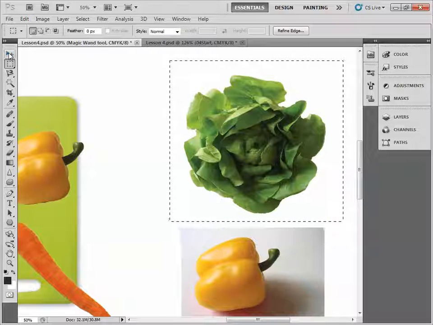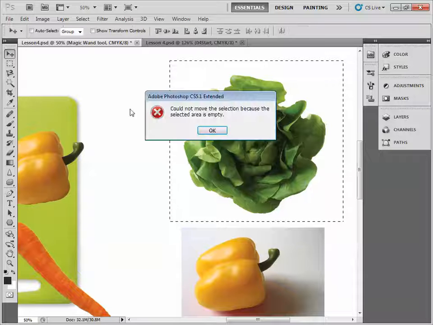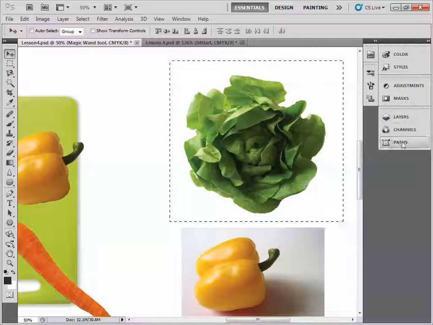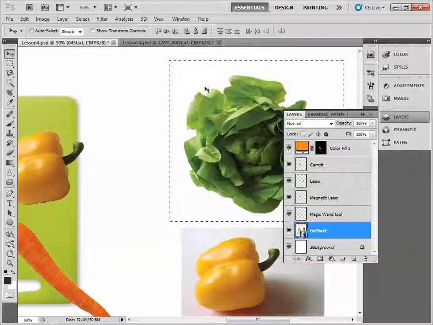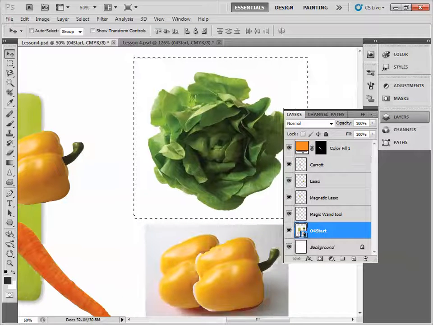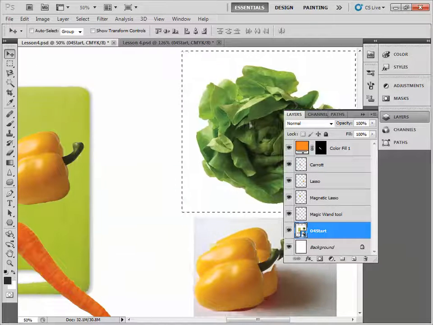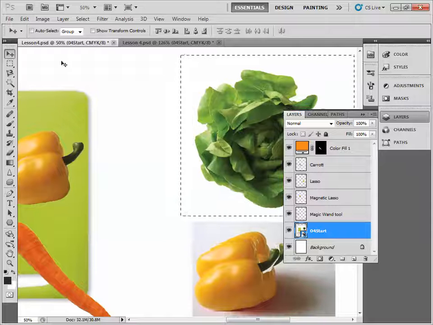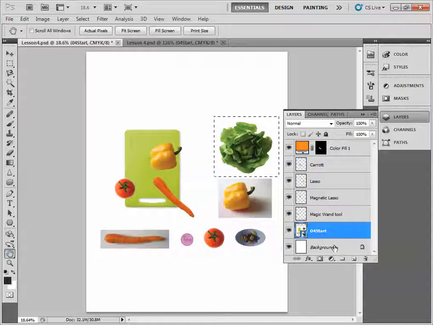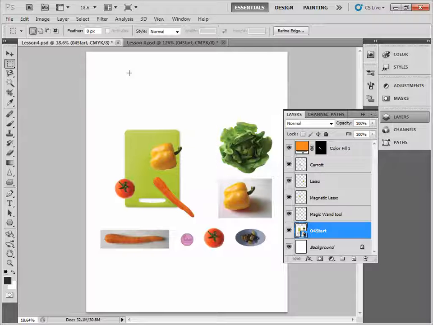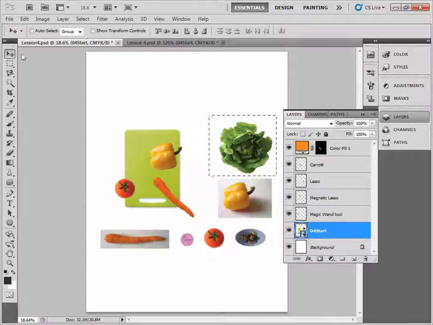So if we were to try to move this, oh, wrong spot. Okay, so let's go here. So if we were to try to move this, it's going to... No? Oh, what did I get? Did I go edit, undo? I have no idea what I just did. Let's see what's happening here. Okay, so I'm right here. I'm going to click off. I'm going to select that, and I'm going to move